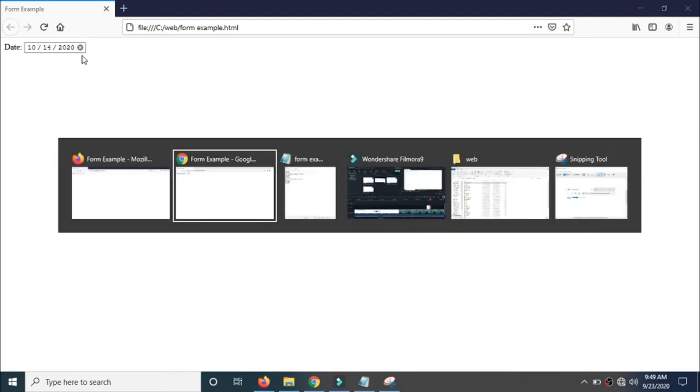The same program itself I'm executing here in Chrome also, but you can see the difference. Here you didn't see any icon, right? What about here in Chrome?